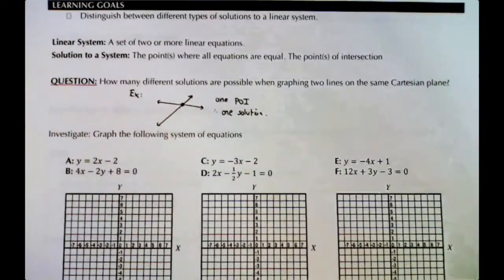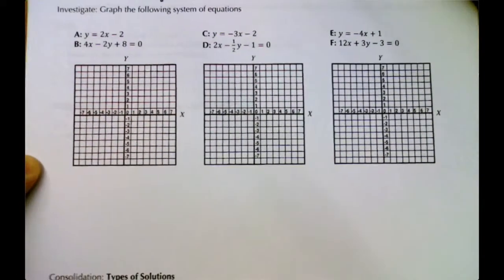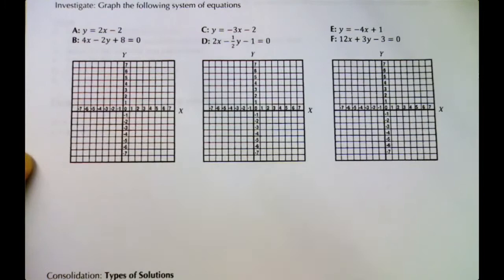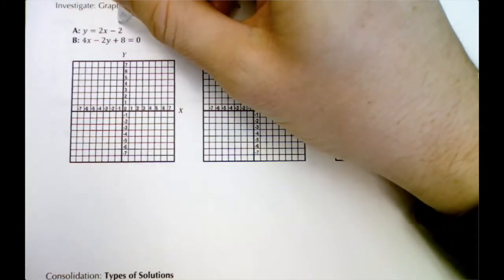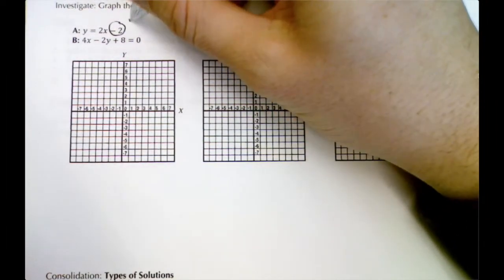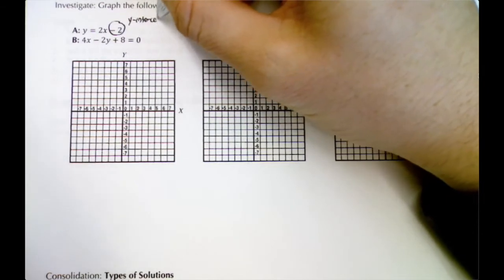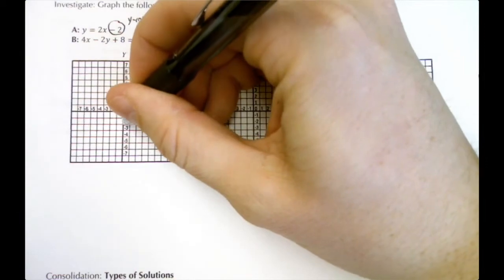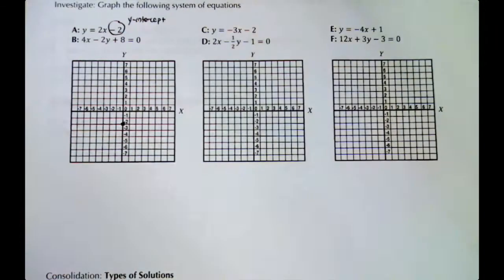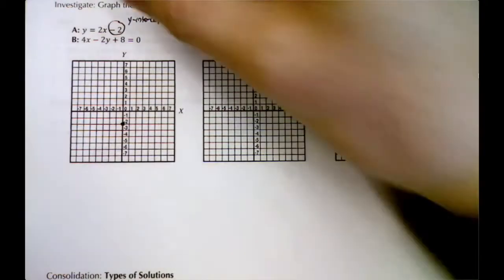So in order to investigate, I've got three systems here. We're going to graph the three systems separately, and we're going to look at how the lines behave. So the first pair is system A and B. Line A is already written in y equals mx plus b format, which is kind of nice, because when we're in y equals mx plus b format, the number on the end is the y-intercept. So if I was going to graph this line, I would start at the point (0, -2) on the y-axis, the y-intercept. And then I'd use my slope